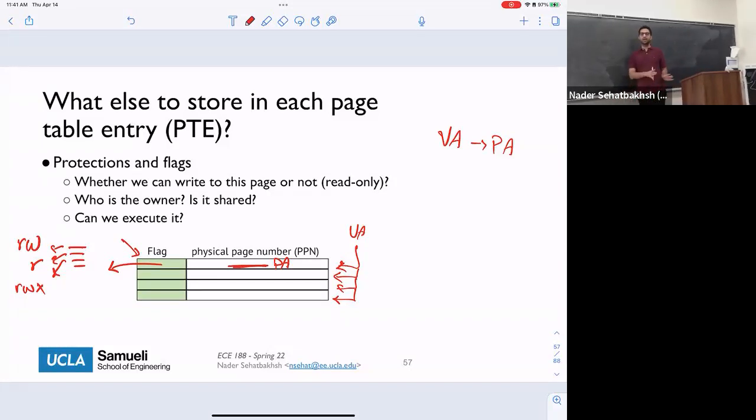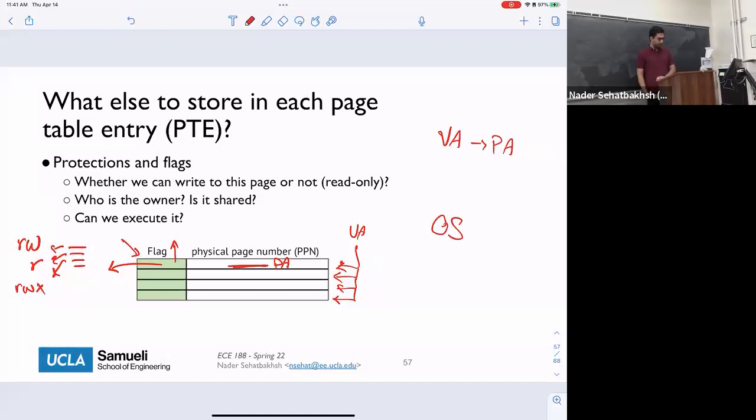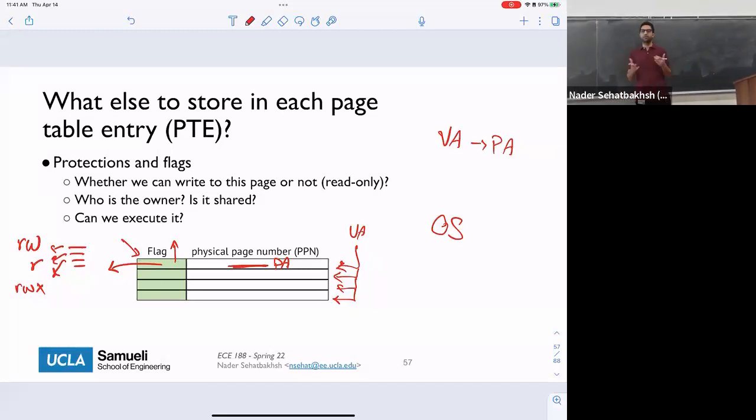So basically, the isolation happens during this translation. When a program wants to access a specific physical address, we go to that physical address and check this flag and see whether that process is actually authorized to access that specific page. If it's not, then the operating system throws an error, right? Something like a segmentation fault or some other traps, other exceptions. So some sort of exception will be thrown, and the operating system will block that access. Okay, so this is how the operating system operates and doesn't let different programs access each other. Okay, so now we have this background.